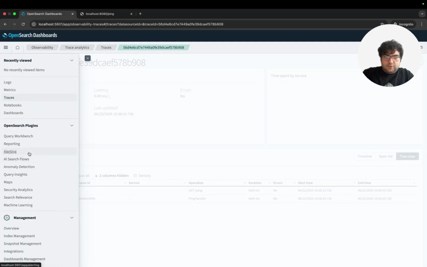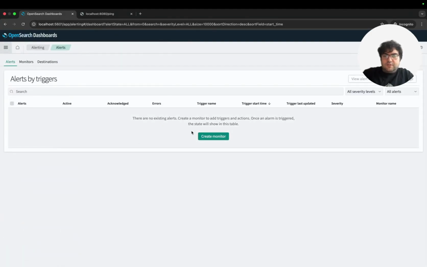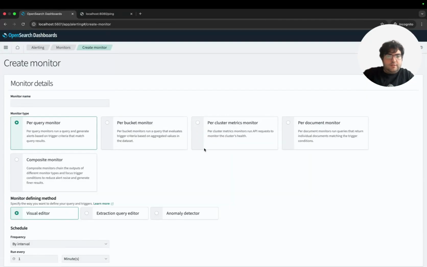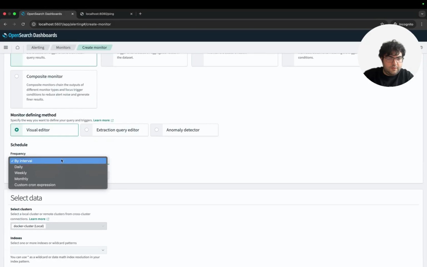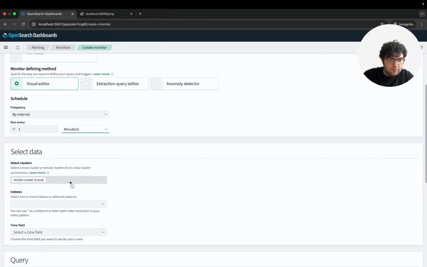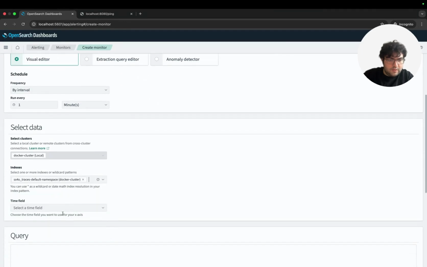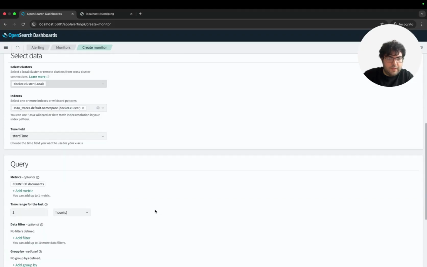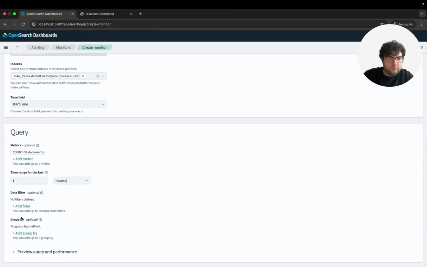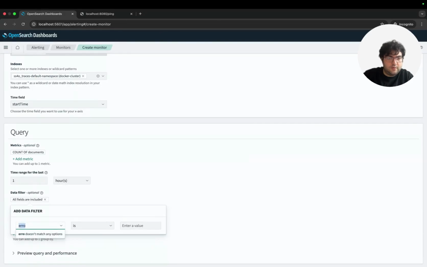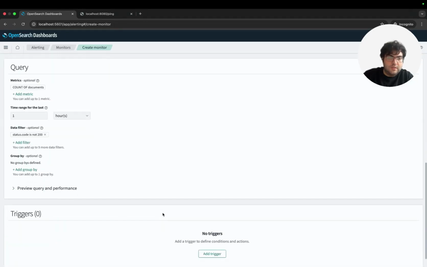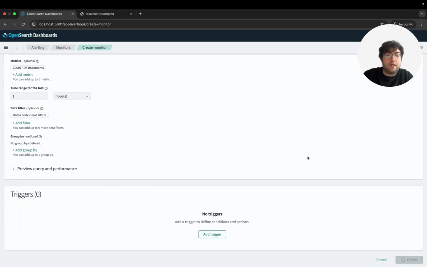Also, I can use this on the OpenSearch alerting, because these are just stored as indexes. So I can use a normal, let's say, error rate alert, where I can just make a visual editor by interval, every 1 minute on this cluster. Go to my OTel traces. The time field is the start time, and I want to say if the count of documents with